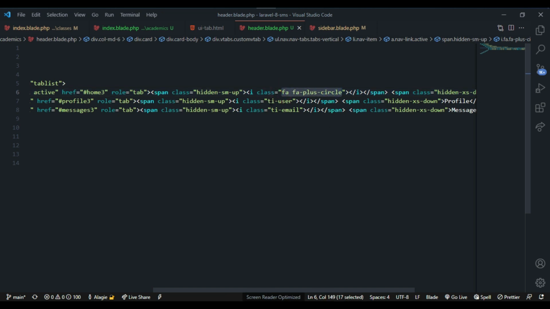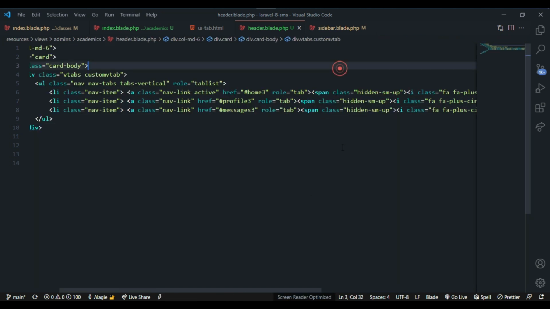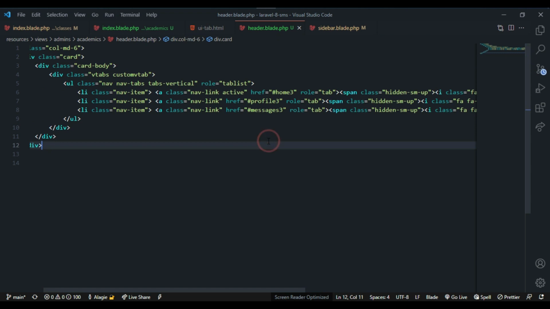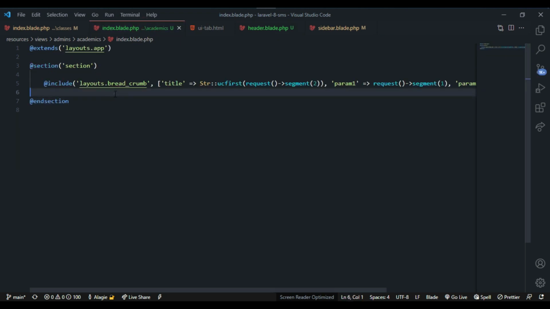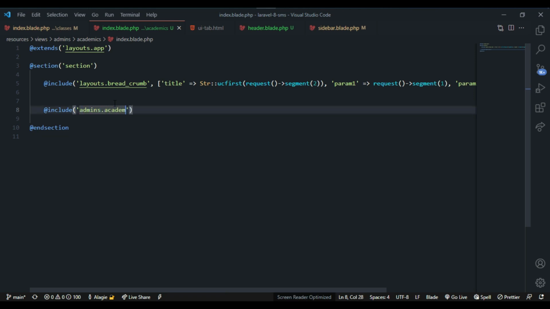The user also, pass this one here. The email also, pass this one here. So if I come inside the academic index here, what I will do is include admins.academics.header. Okay, so if I come here, I refresh this page